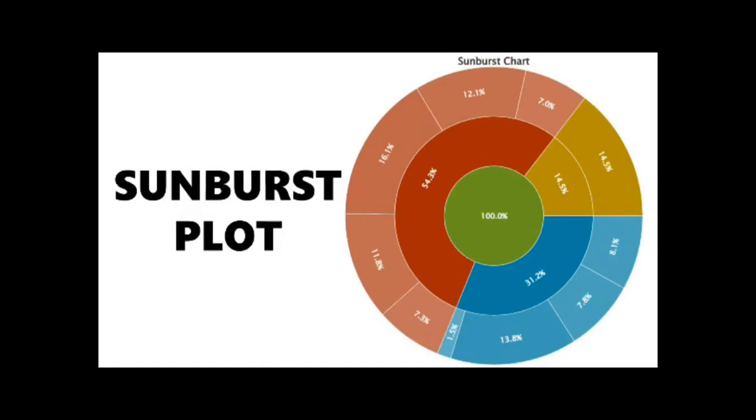What is a sunburst plot? A sunburst plot is a data visualization technique that is often used to display hierarchical data in a circular or hierarchical fashion. It is similar to a traditional pie chart, but it can represent multiple levels of data and subcategories in a more organized and structured manner. As you can see in the diagram, there are different levels which are not present in a pie chart. This can be done only using a sunburst plot.